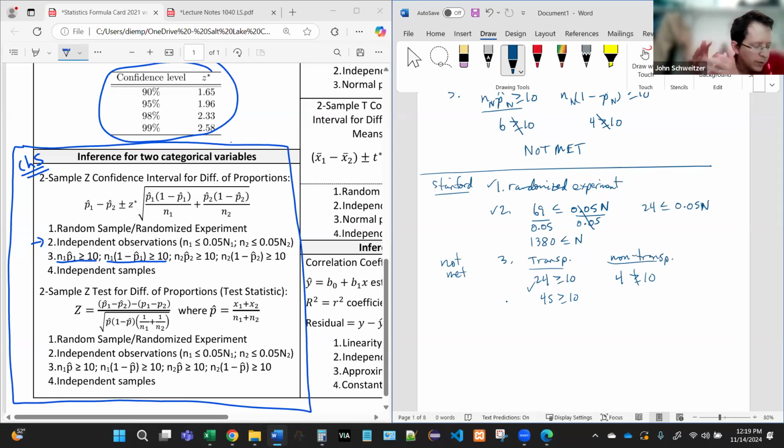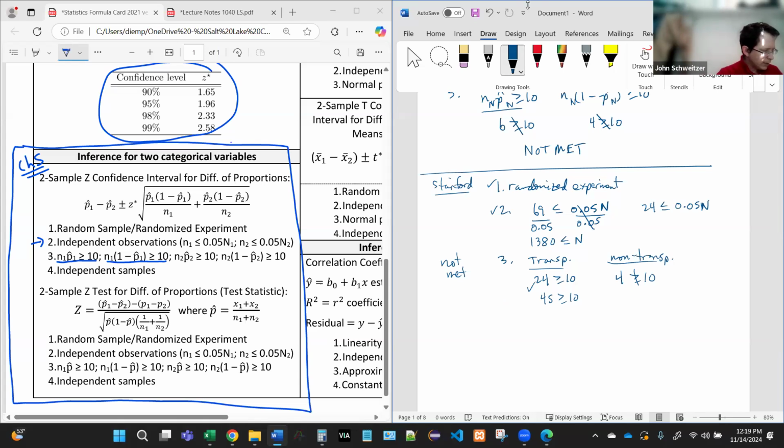But anyway, what would we say here? We would say the conditions are not met. We would go forward with the analysis, and just at the end, we would say that the results are somewhat questionable. These kinds of data sets are hard to put together, right? Think about an experiment where people are getting heart transplants. That's very costly, right? So we don't want to throw the data out or completely ignore it, but if we're being honest, we do have to be a little bit extra skeptical of the results.